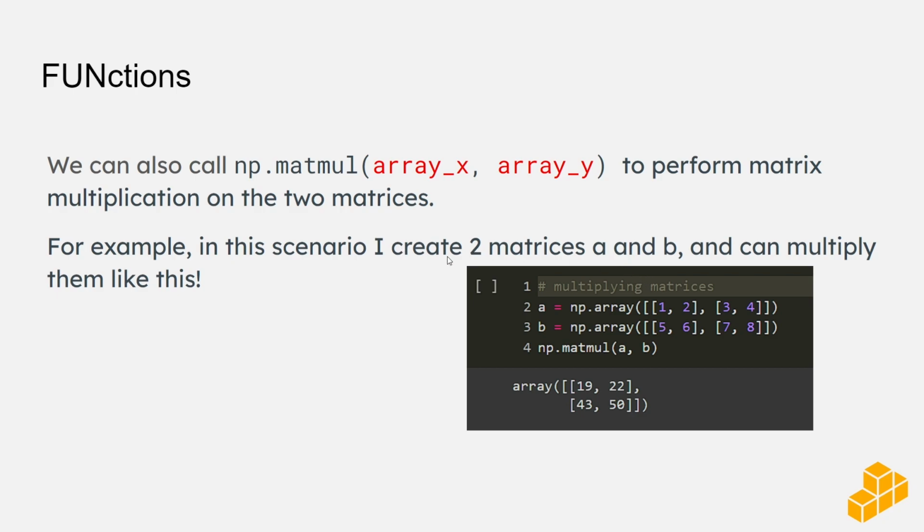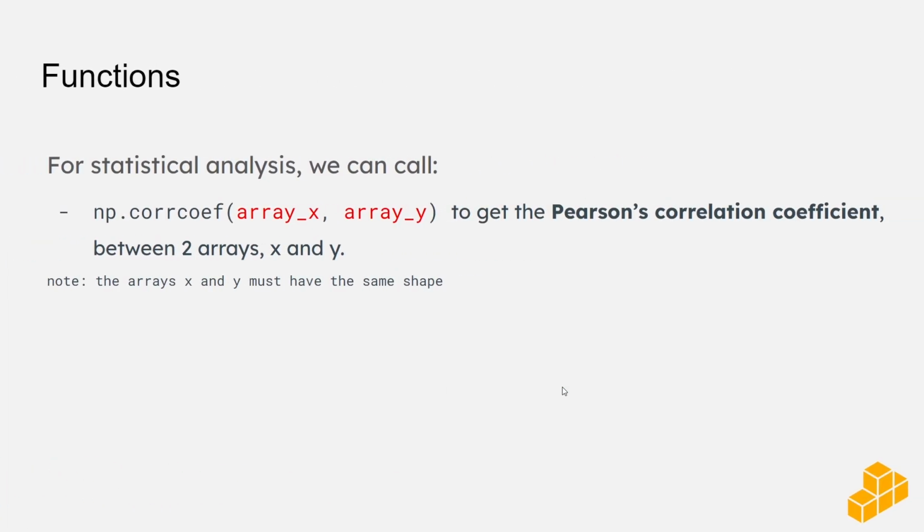So in this scenario here, I create two matrices A and B: 1, 2, 3, 4, and 5, 6, 7, and 8. Then when I do matrix multiplication, it will just return the self-intuitive result. Then for more statistical stuff, if you want to, you can create a linear regression,